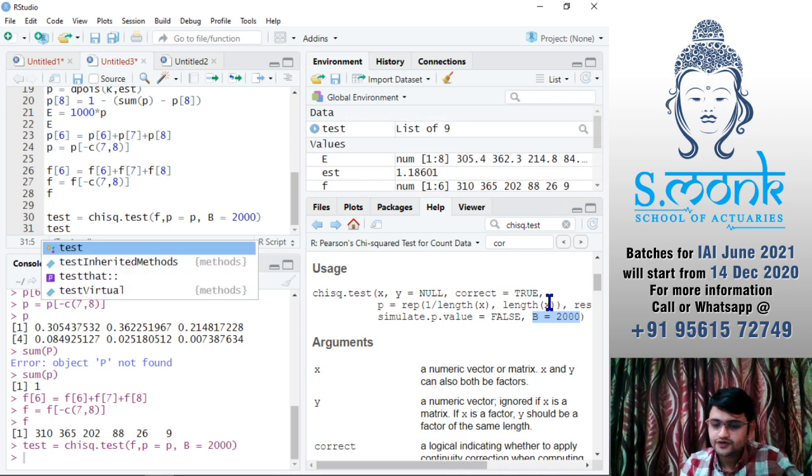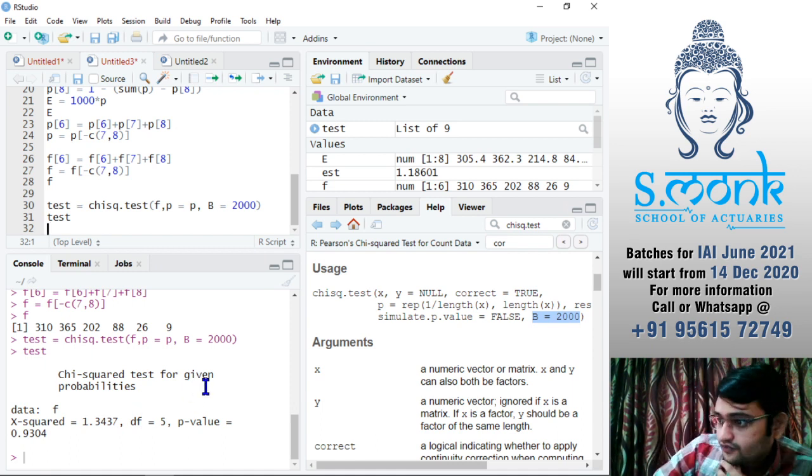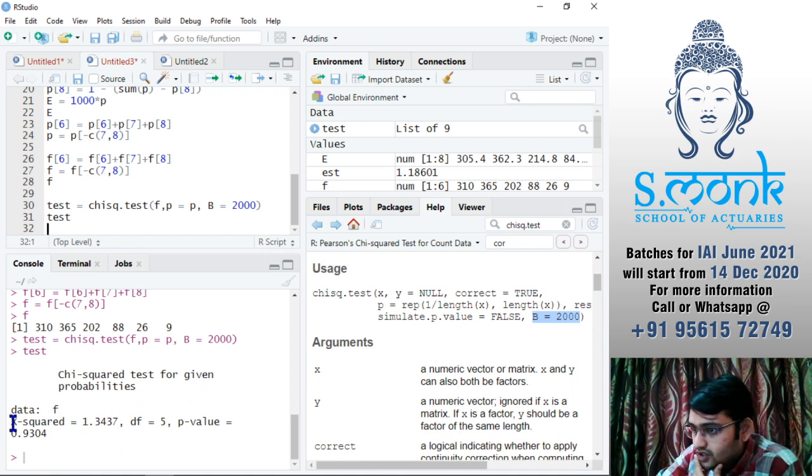Then the result of test, see here, chi-squared test for given probabilities. So you can see chi-squared value is 1.34, degree of freedom is 5, and p value is 0.93.